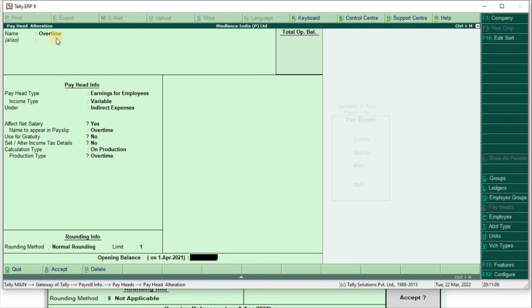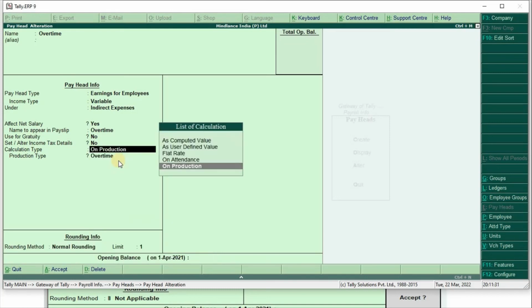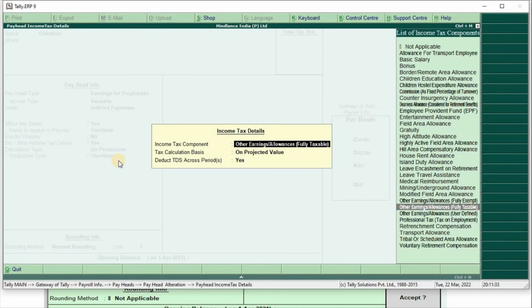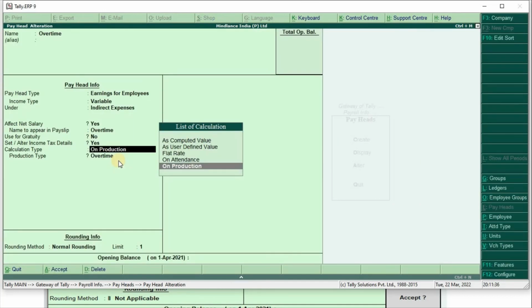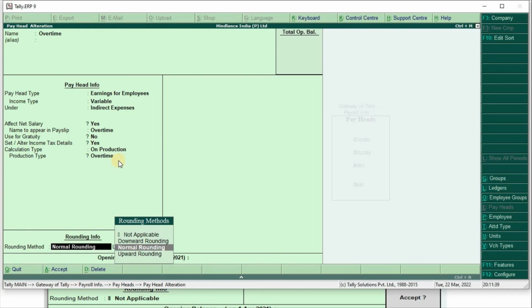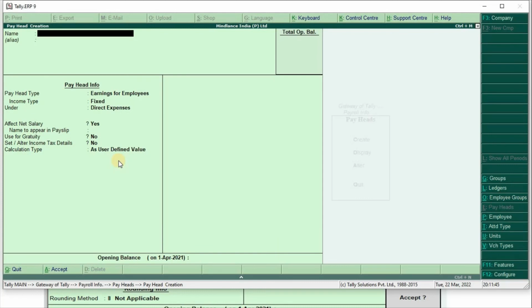So watch this carefully. Overtime. Pay head type, earning for employees, income type variable, under indirect expenses, affect net salary, yes. Name to appear in payslip, overtime. Use for gratuity, no. Set alter income tax detail, yes. Calculation type on production. Production type overtime. Yes, it is already selected. On production, overtime, normal rounding, limit 1, accept. So next one,